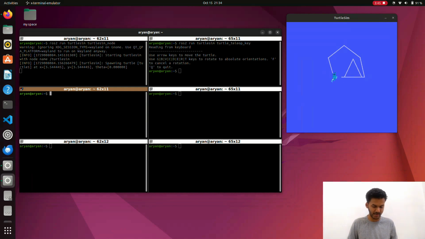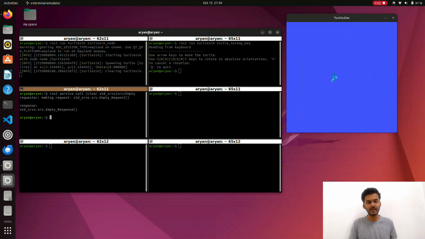First we will clear the background. For that, ros2 service call clear, and then I think std_srvs Empty. Yes. Okay, the background is cleared. I just cleared the background because it will give us a clear environment to understand the concepts in a better way. Got it. And now what we will do is move the turtle programmatically,